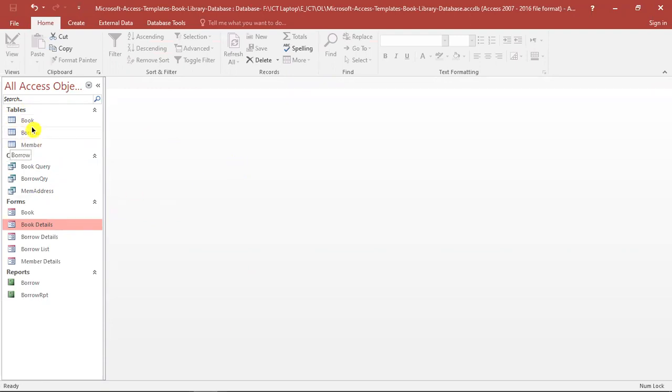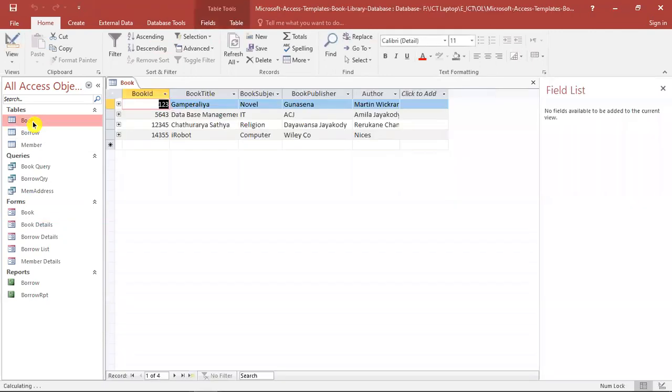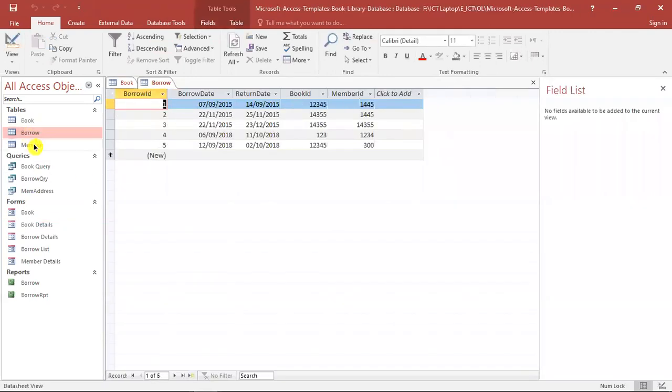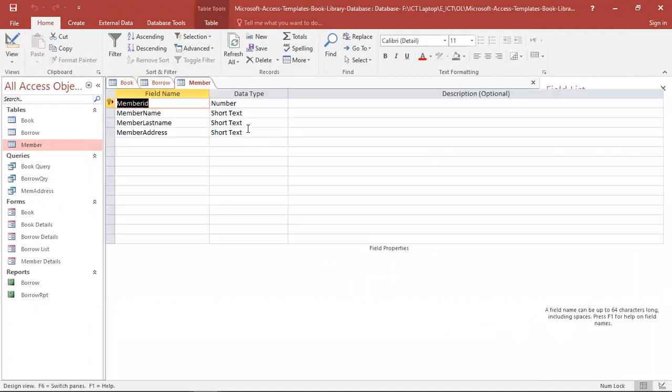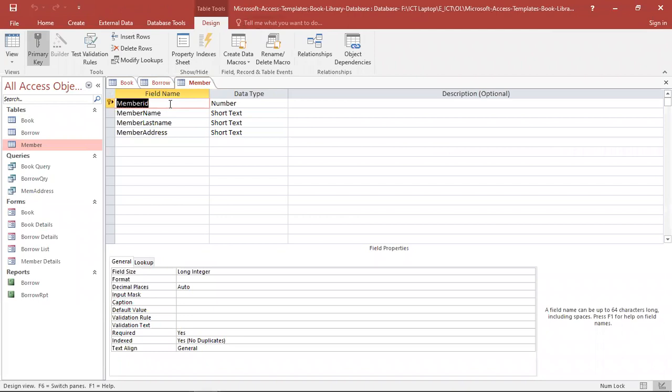There are three tables I have developed: one is the book table, another is borrow, and the other is member. If we look at the design view of this member table, there are four fields.